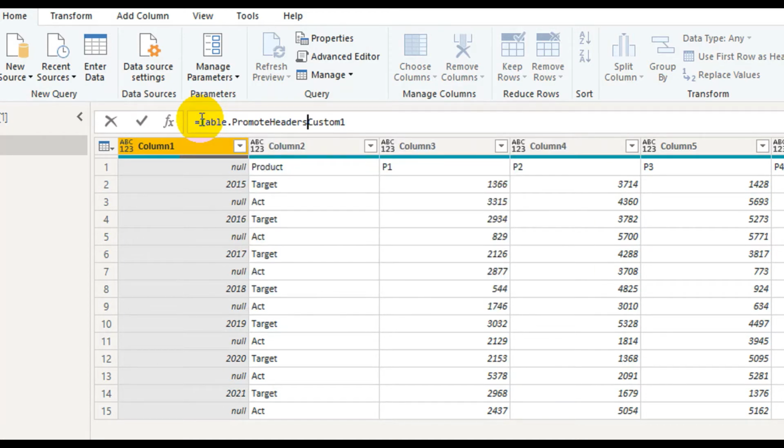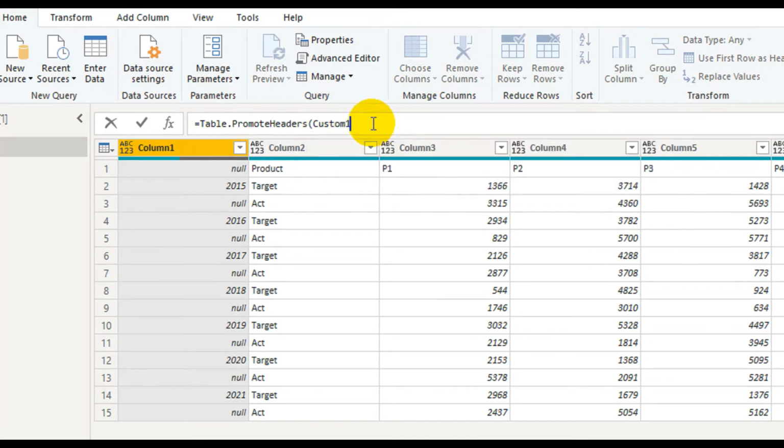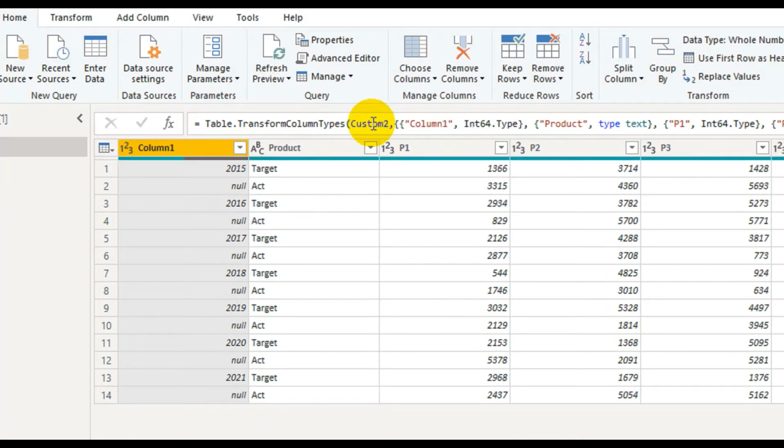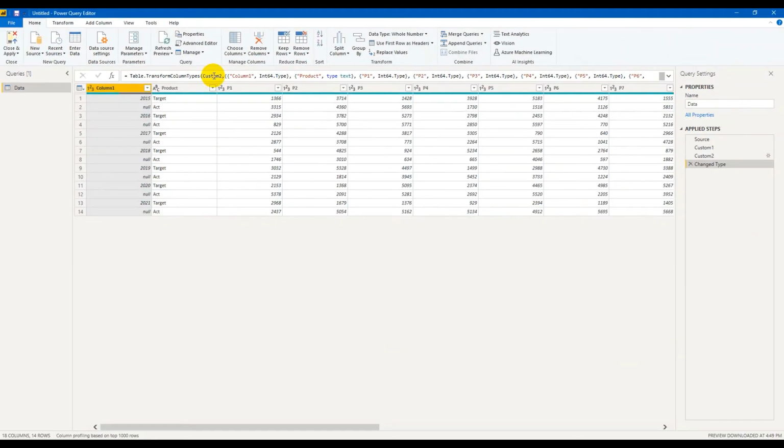And then this is the step, and just close the bracket. So at this level, please promote the column headers. Now you see Column1 Product, and all the column headers are placed properly. After that, Power Query editor has taken care of the column data types as well. So it automatically has converted all text into text, number into number. That way we have cleaned the data to this level.